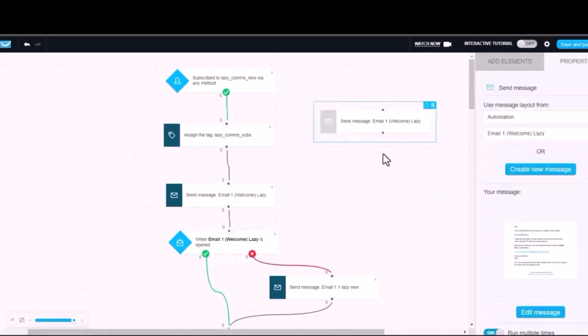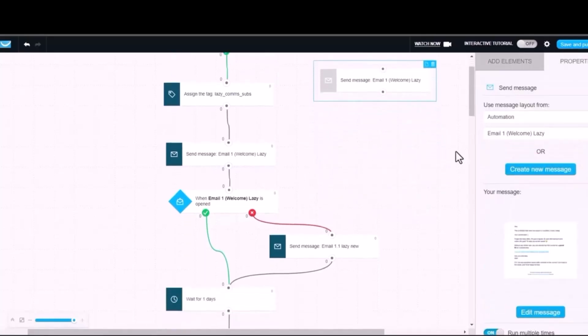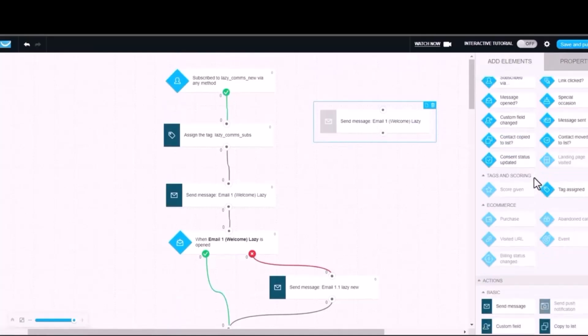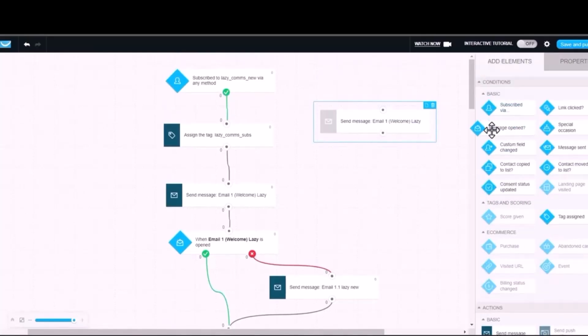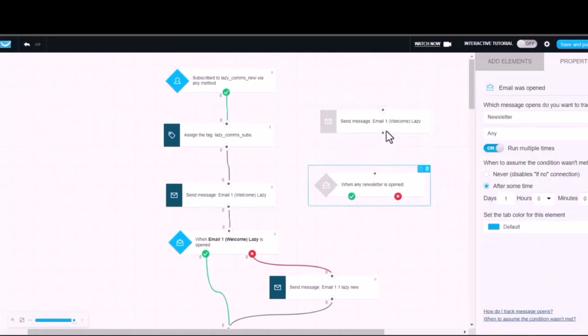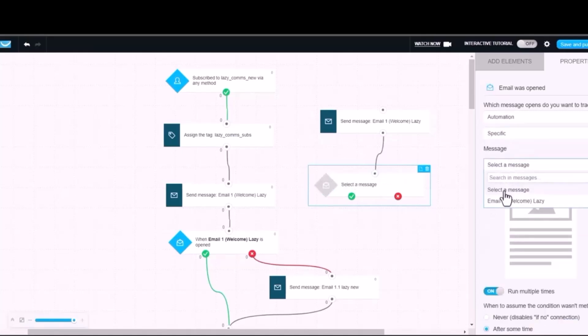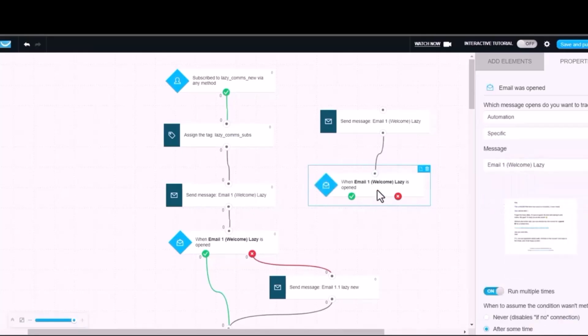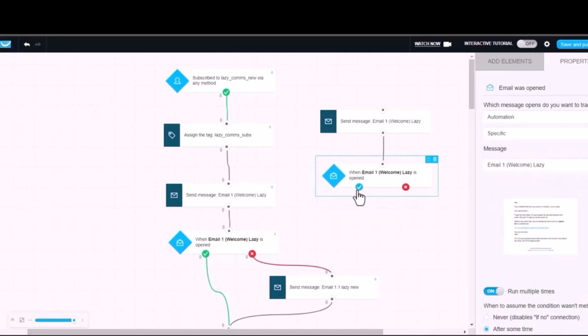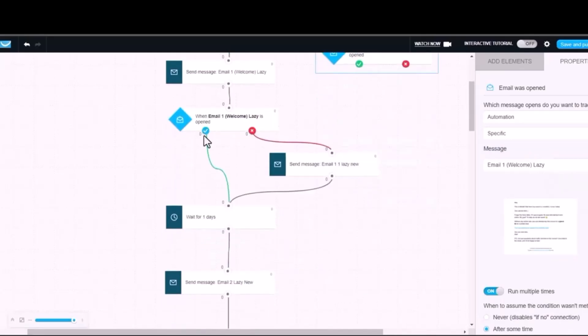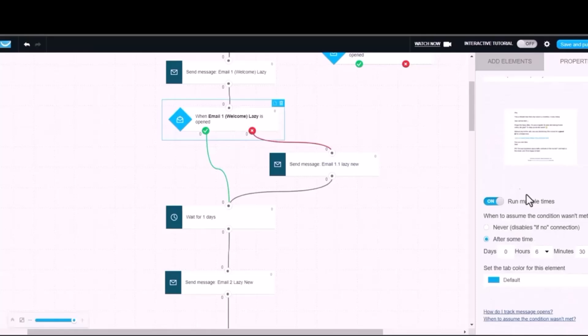So now what I did was I added a rule. The rule was whether my message was opened or not. So I select here, and instead of newsletter, it was the automation email and specific email, and the email was email 1 lazy. If it has opened, no worries, wait for 1 day and send them the next email. But if the email was not opened, 6 hours later, so if I click on it, you can see